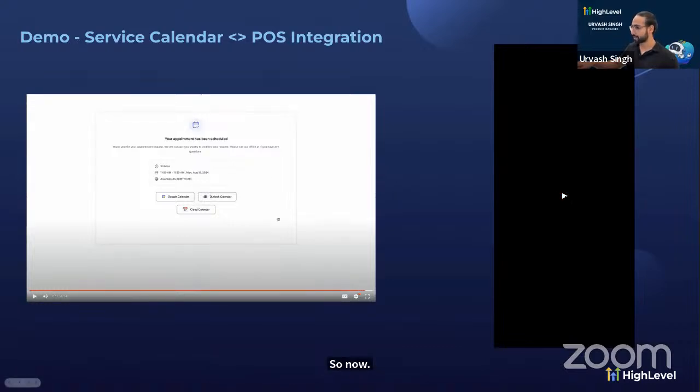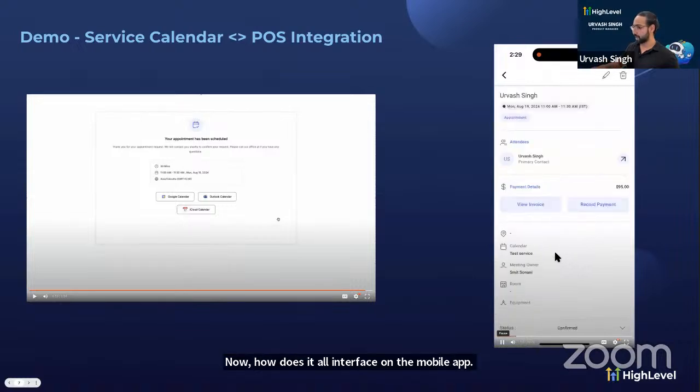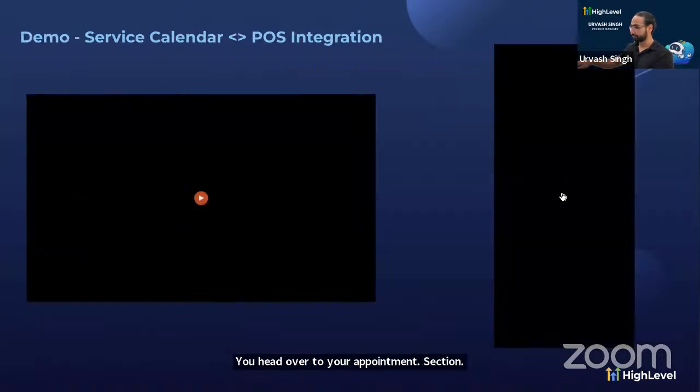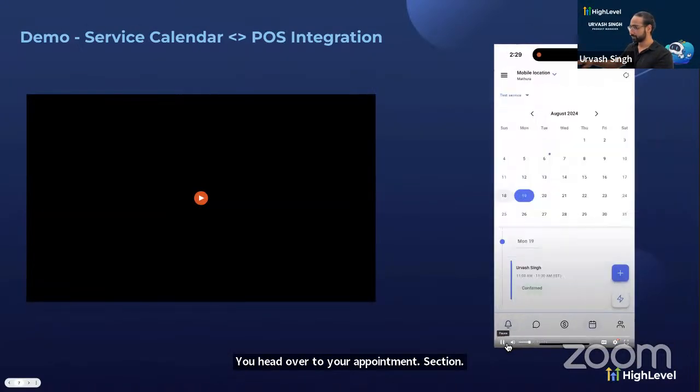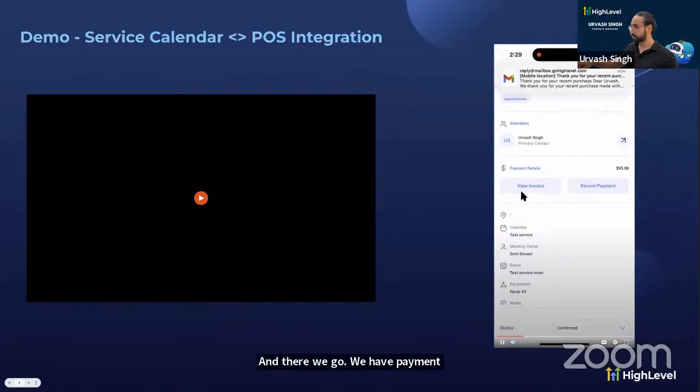Now, how does it all interface on the mobile app? You head over to your appointment section, and that's where, oh, I'm so sorry. And that's where you see I had booked an 11 a.m. slot, and it is titled by my name because I was the contact who booked this appointment. So I open this up, and there we go. We have payment details. $95 balance is due. So now there's an option to quickly tap on view invoice,